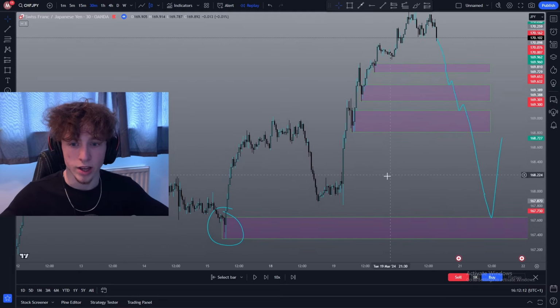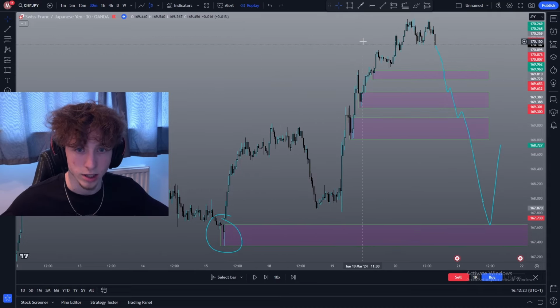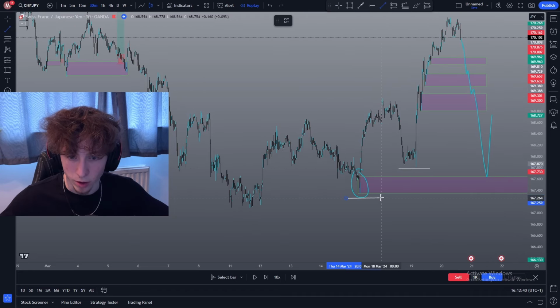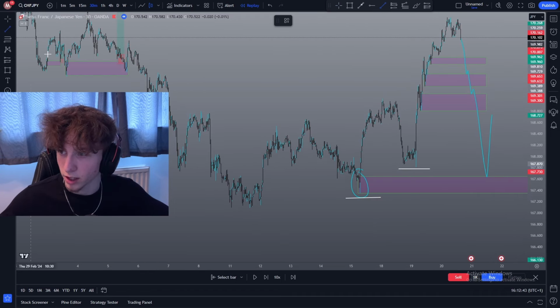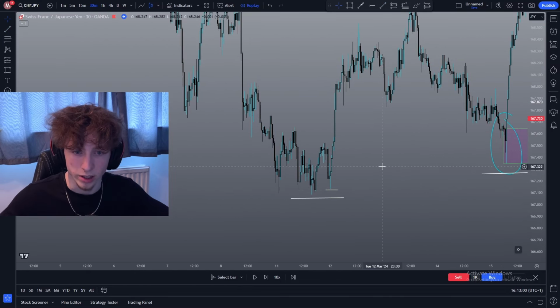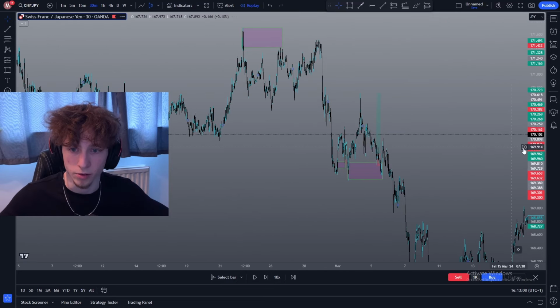For example, right here, you can consider that price is bullish. We've had a massive bullish reaction. We're breaking higher highs, making new highs constantly. And if you look to the left, we are not breaking lows. We have 3 in a row here where we just never broke them. And these are definitely majors. Even just these little areas down here where we first started it, we weren't breaking these lows. So we can expect to continue bullish in a situation like this, even though we're coming from this massive downwards